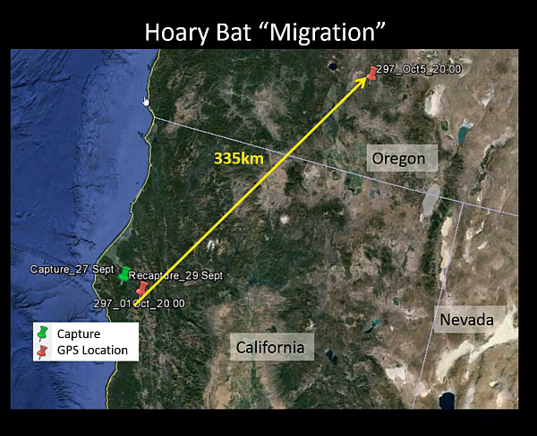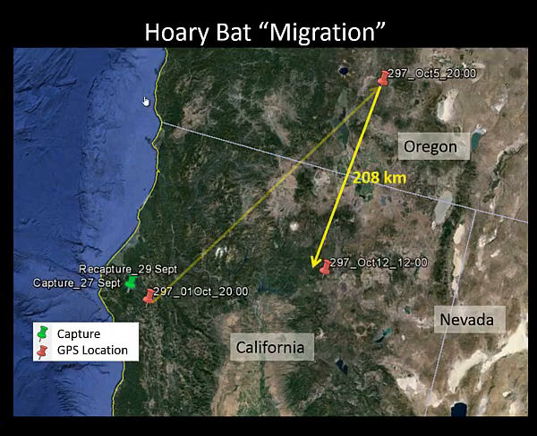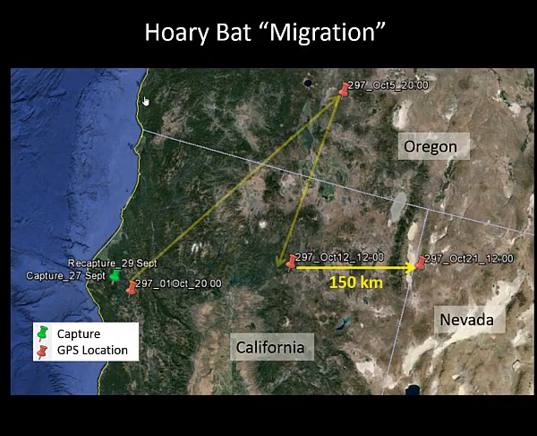I don't think that's migration. Why is it moving north in October? We're not sure. It maybe wasn't sure either, because it headed back into California. This is a week later, and now we're also seeing that we can get fixes from the bats both in their day roost as well as while they're flying. So this is handy. The transmitters are very accommodating in that way. We're able to get good location data from them.